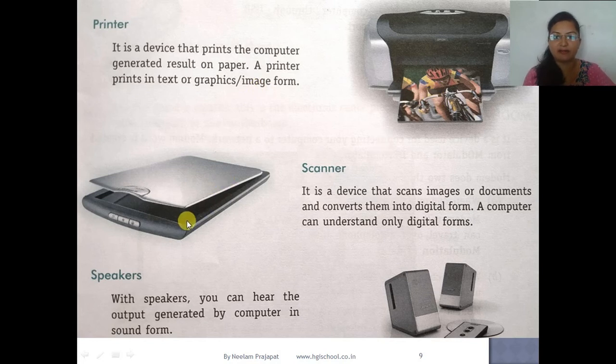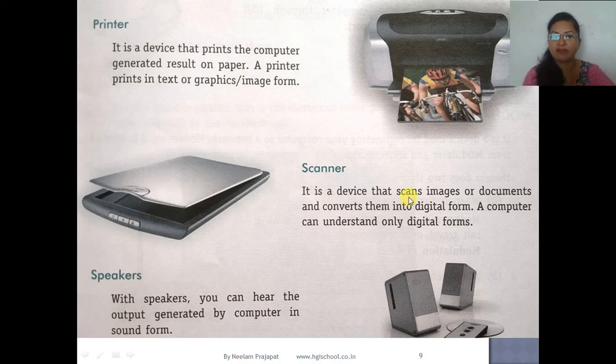Now scanner. This is a flatbed scanner. Inside it there is a glass. On it we have to keep a paper inverted, and then cover it with the flip cover. Then we give a command from the computer, and the device will scan the document kept on it.